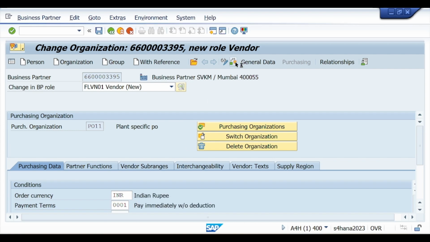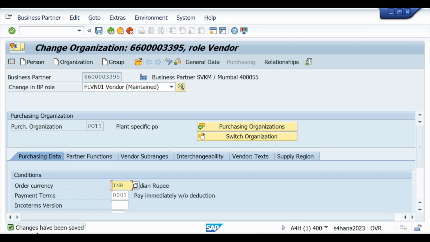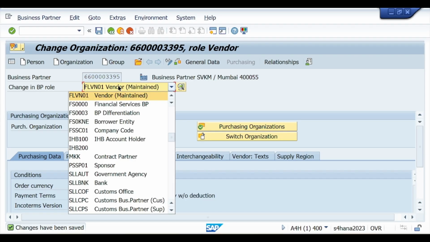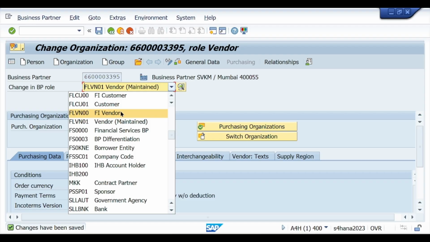Now first check if it is error free. Yeah, data of business partner is error free. So for purchasing we have entered. Now save. So you have entered all the purchasing related information. Similarly select